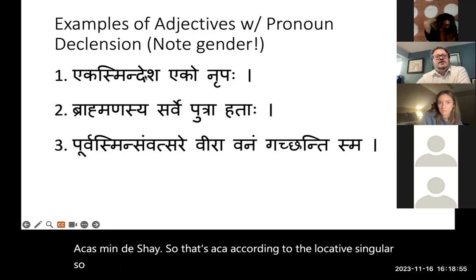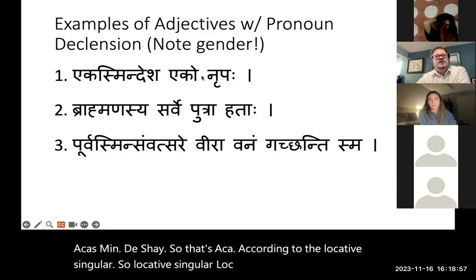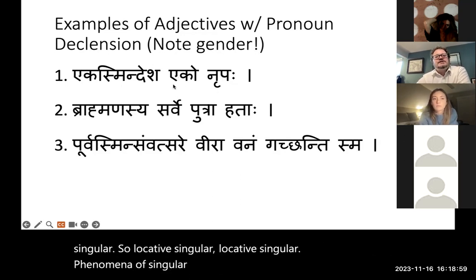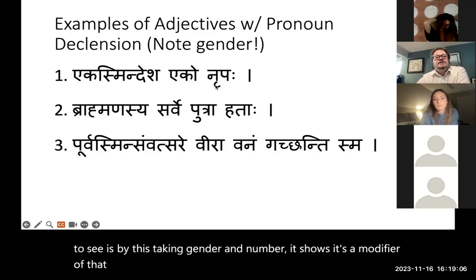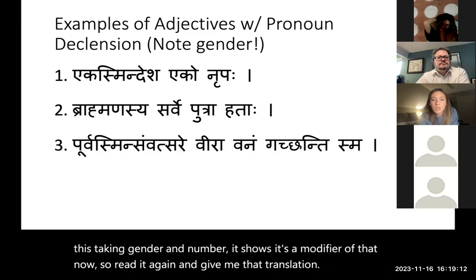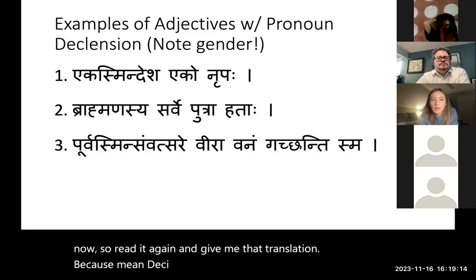So locative singular, nominative singular, nominative singular. The thing I want you to see is that by this taking gender and number, it shows it's a modifier of that noun. So read it again and give me that translation. Ekasmin deshe. Eko nripaha. There is one king